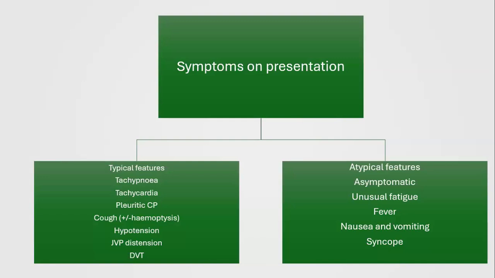Atypical features, however: they might be asymptomatic. They might have unusual fatigue. They might have fever, nausea, vomiting, and syncope. So it's such a broad spectrum of presentations that you really need to be sharp when you're thinking, is this a pulmonary embolism, yes or no? And that brings us to